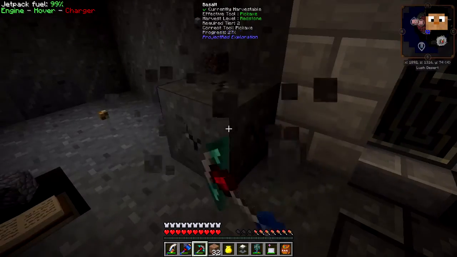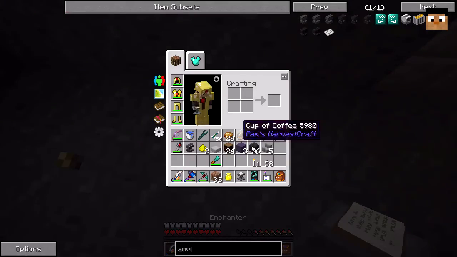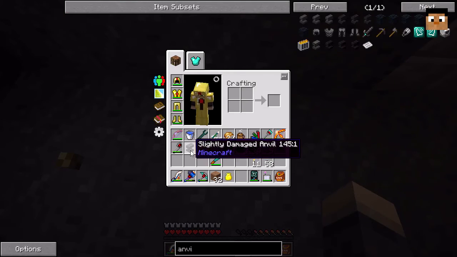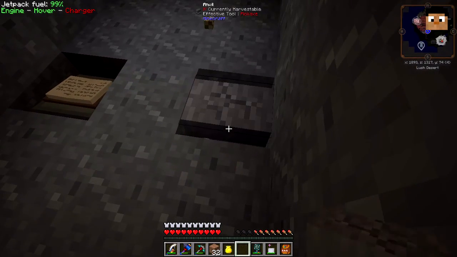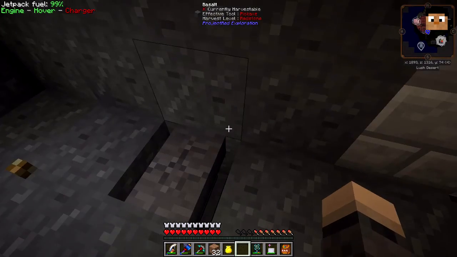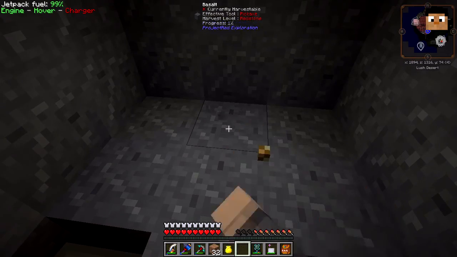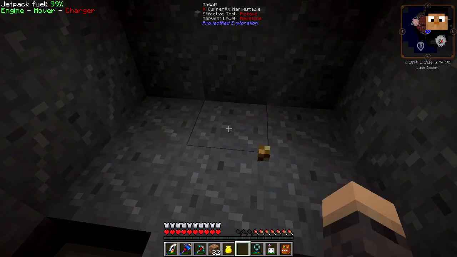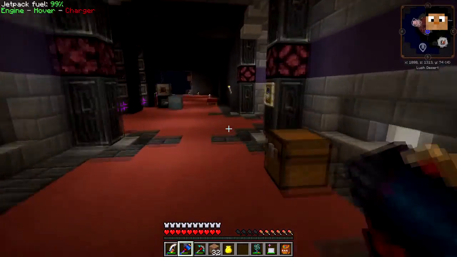Get rid of these. Let's pop the anvil down in there. Where's the anvil gone? Slightly damaged anvil. Let's pop it in that way, like that. So that's not too bad. And if we put the enchanting table there, oh, that's right, because we've already got...